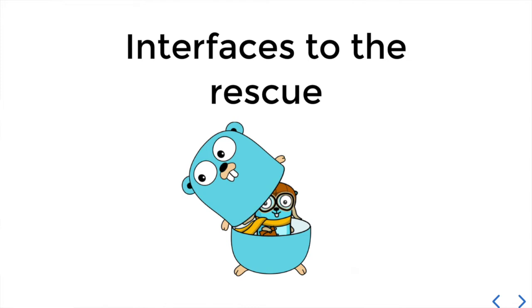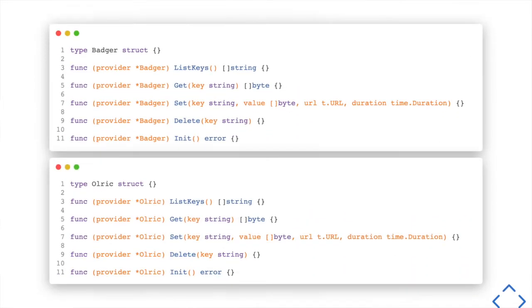So in Sylvain, we have some providers to let the user decide which kind of storage system should be used, depending on the matched URL or depending on the KDE's route, for example. Here we are defining the type of each provider, and each provider defines the same functions. So there are list keys, get, set, delete, init, and in the latest release of Sylvain, we have the reset method. These methods have the same signature,